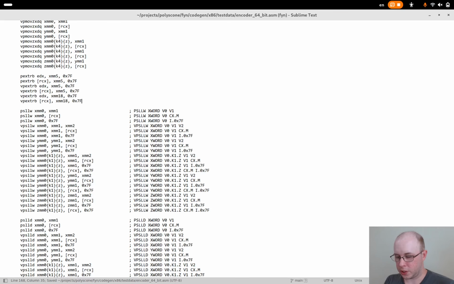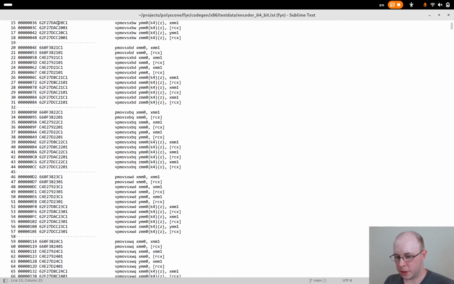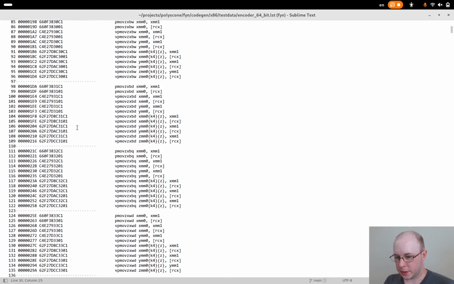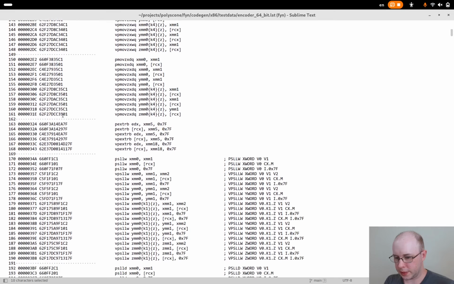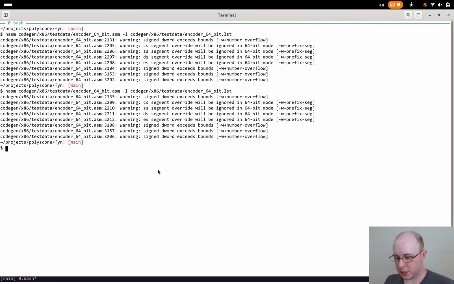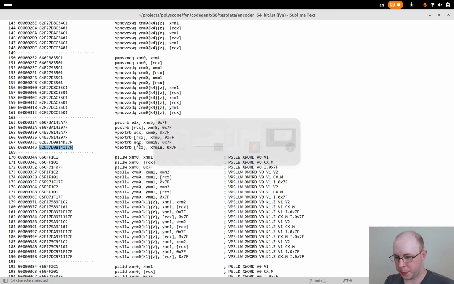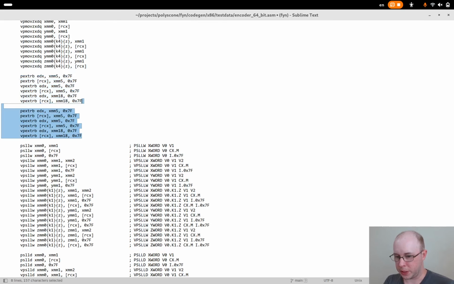So let's just go and check the listing for these. We'll just do a general check to make sure there are no obvious duplicate encodings anywhere. Okay, that all looks okay. Let's go down to the extract one. Extract does not have any duplicates in there, so that's fine. Okay, so let's just copy this one. This will be the same for